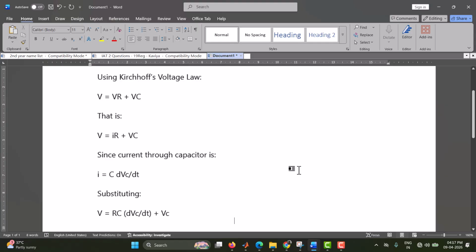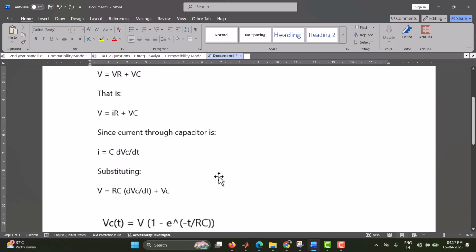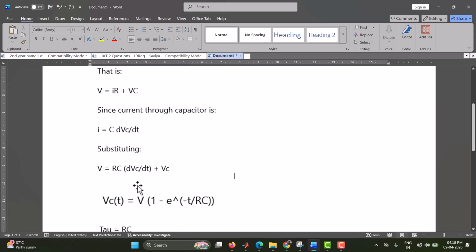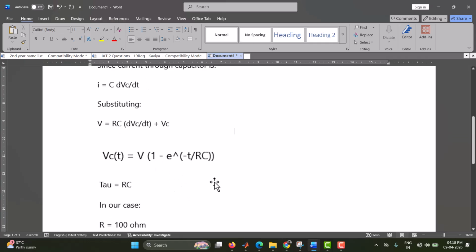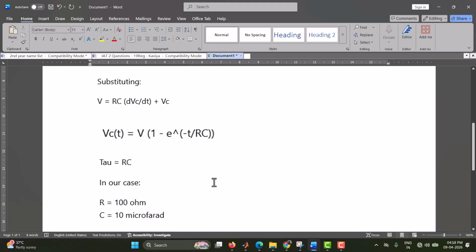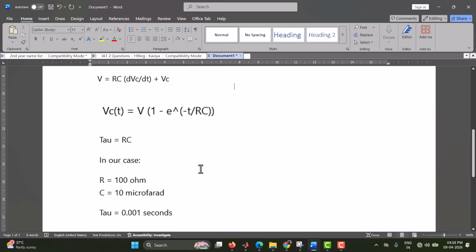Since the current through the capacitor is represented as I = C dVC/dt, which is the change in voltage with respect to time, by substituting this we get RC dVC/dt + VC = V, the total applied voltage. We can also derive the instantaneous voltage VC(t) = V(1 - e^(-t/RC)), where the time constant tau can be represented as RC for the